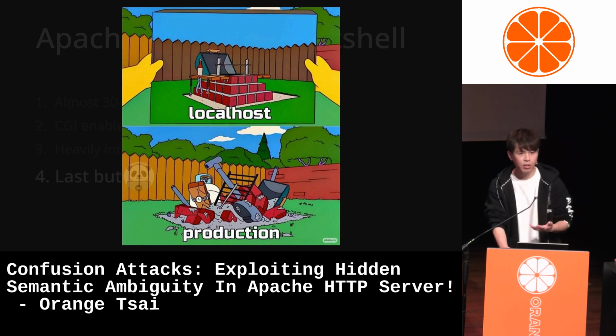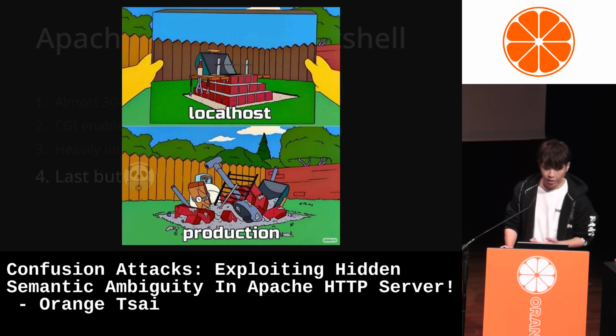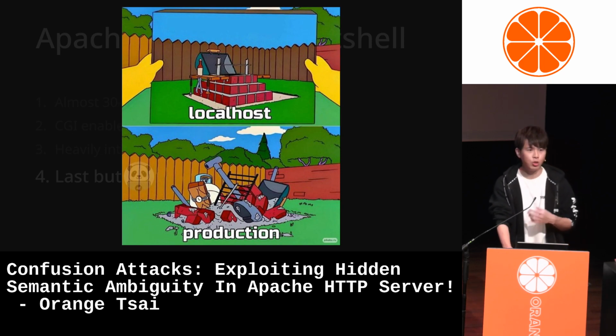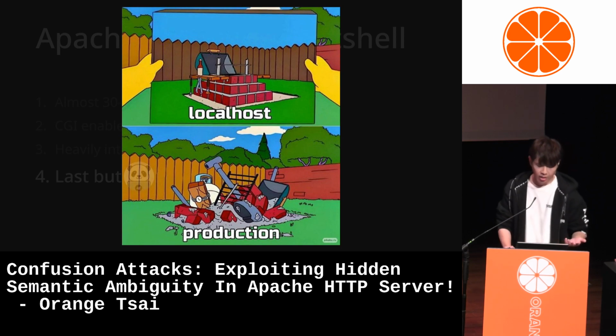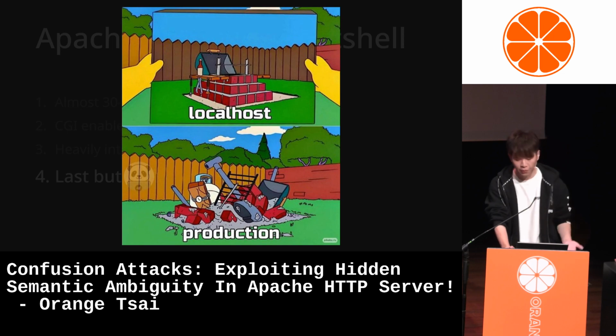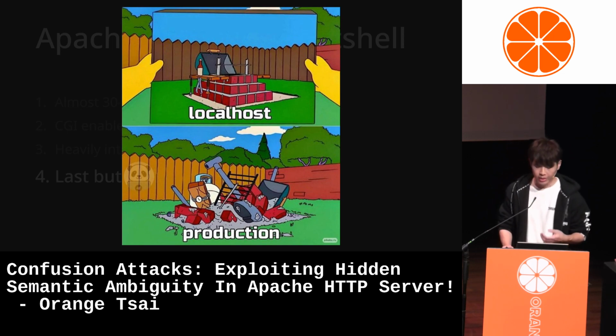Also, they tend to use rewrite rules to organize the request, and usually the file system on the server is also a mess, with a lot of strange files sitting under the web root. So today our talk's mission is to break this type of Apache HTTP server. You will learn how to identify such vulnerable servers and break them just like a piece of cake today.